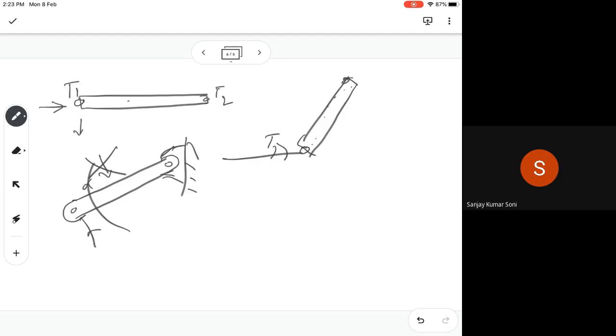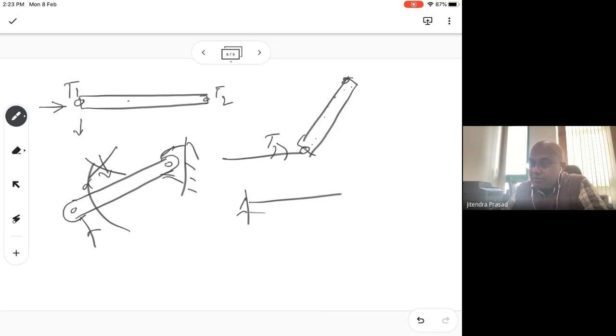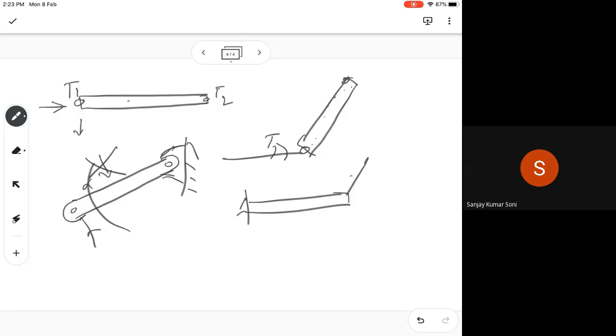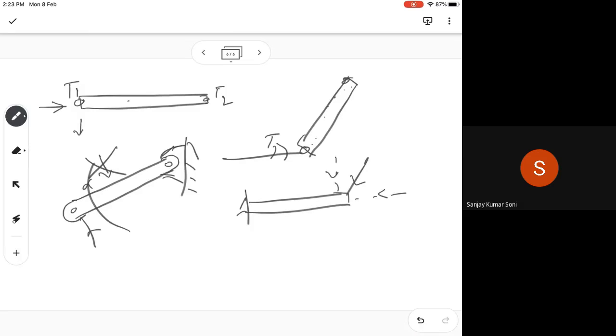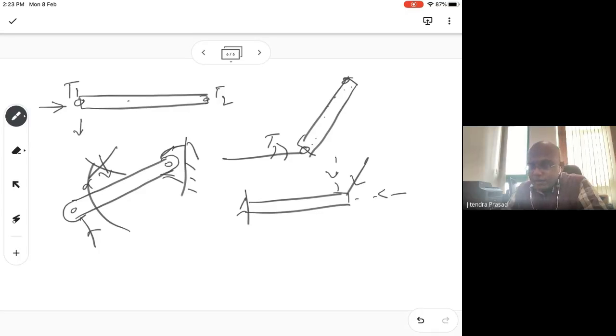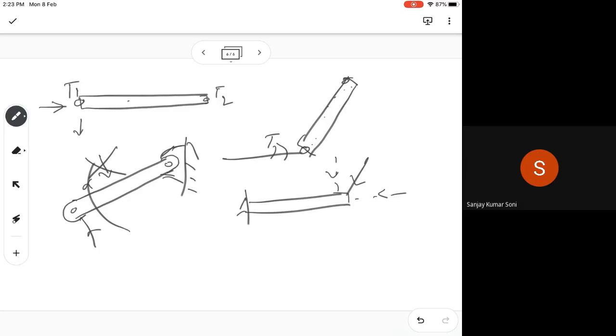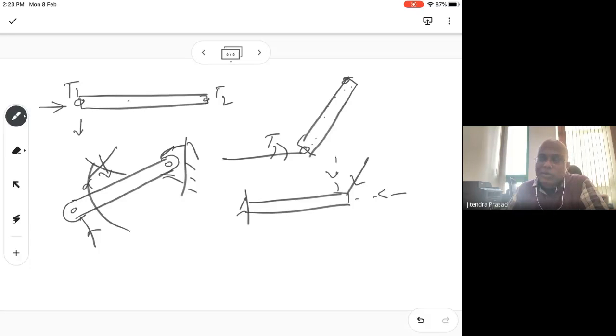Sir, let us say I have a rod which is fixed at one end and I apply an inclined force on that rod at the other end. Yes. So now this will have 2 components. One will be perpendicular, and the other will be along the axis. So this horizontal one can be solved with the help of a spring element. And the vertical one will be solved by the beam methodology that we will teach later on. Okay. Thank you, sir.